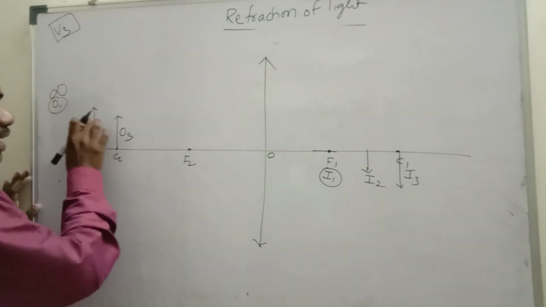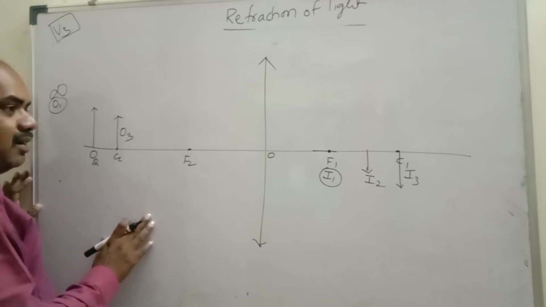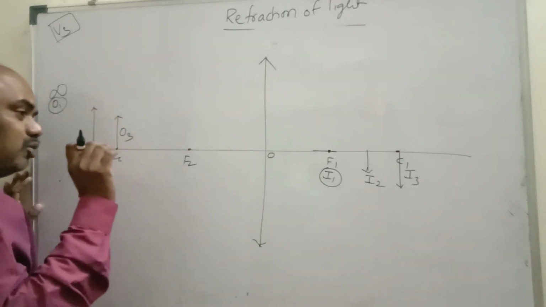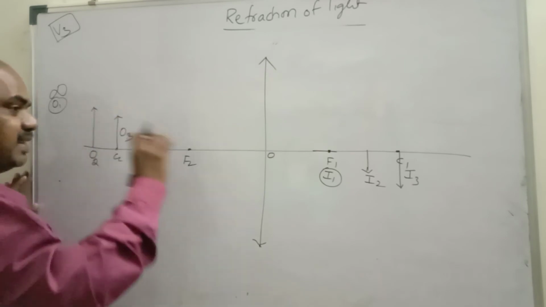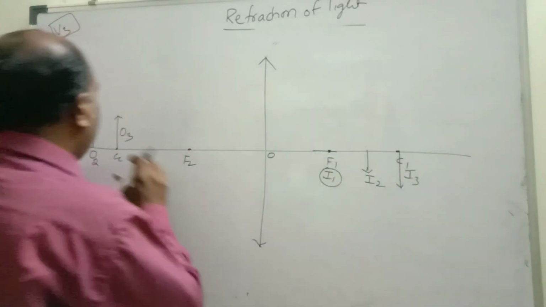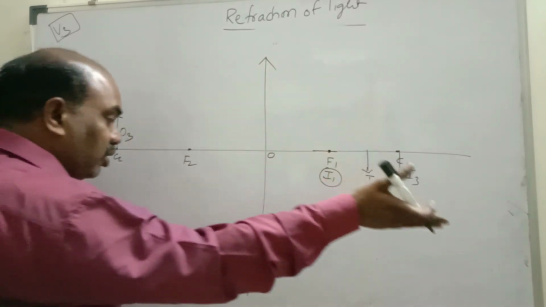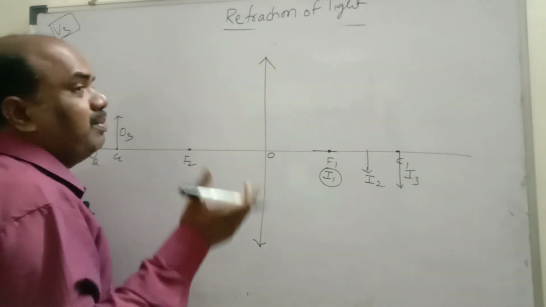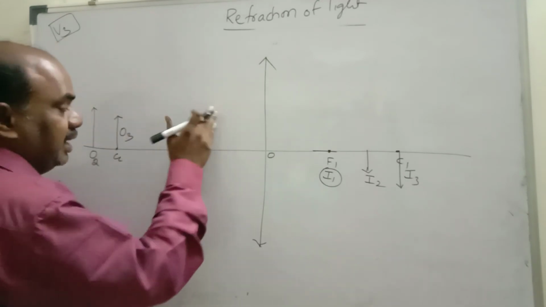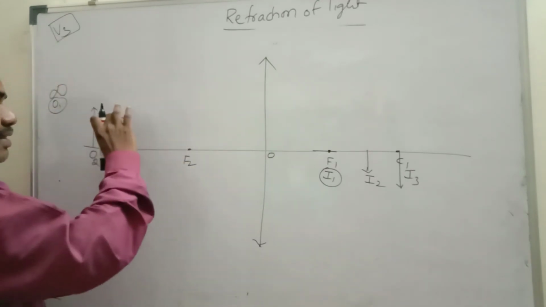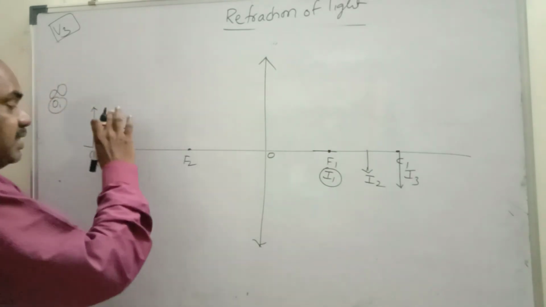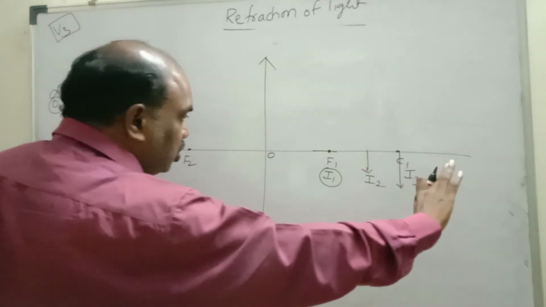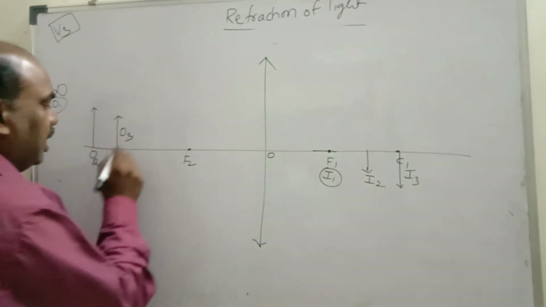Next, sir, why are you decreasing the size of the object? To draw easily. Remember, children, you have to show clearly. If you decrease the size, then only you can show an enlarged image in the paper. In the notebook, you cannot show a very enlarged image. By seeing the diagram, the invigilator has to immediately identify which is the object and which is the image. What is the nature of the image? If you draw this one small, then you can show a big image. That is the reason. Otherwise, you can draw.